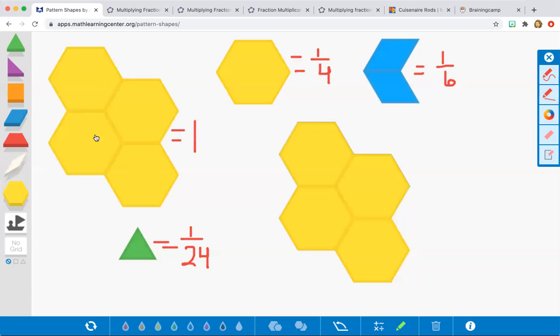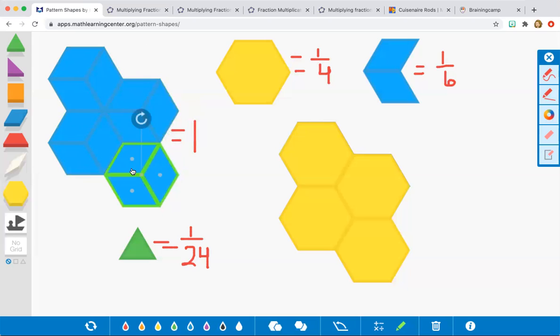Clearly 4 isn't divisible by 6, but I can see this relationship of 3 rhombi that fit in each of these hexagons, which means I'm going to have 12 total